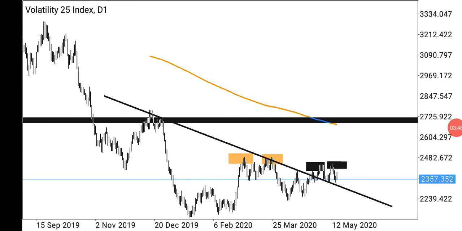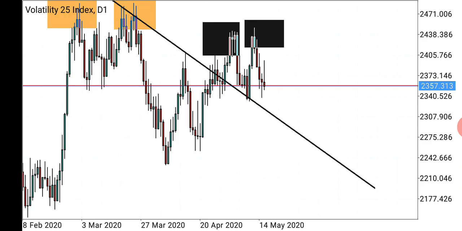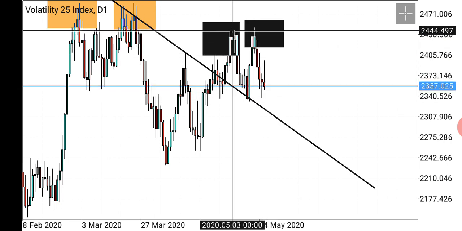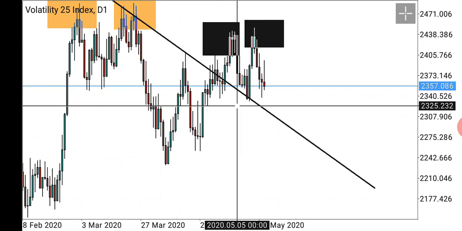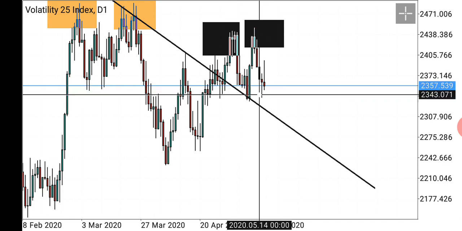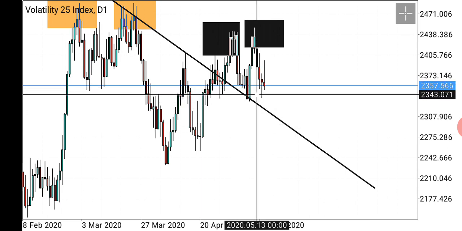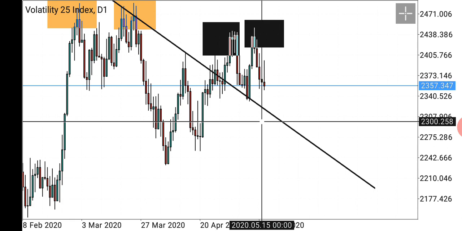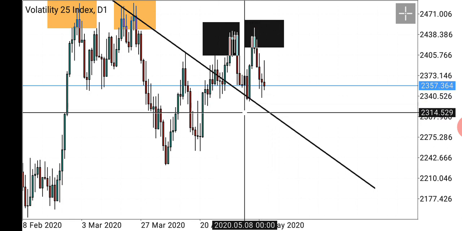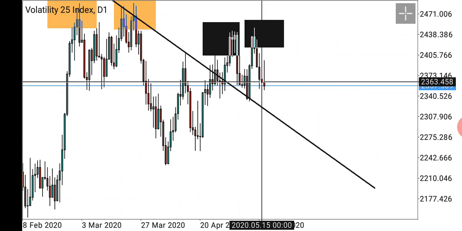Okay, this is our daily trend line. As you can see, when it got here, it returned back up to create an M pattern. So, if you have very low capital, you should wait for a daily candle to close below this point. Then you take your trade. You wait for a breakout here, a retest at this neckline, then take a trade. But if you have a good capital, you can go in here now.